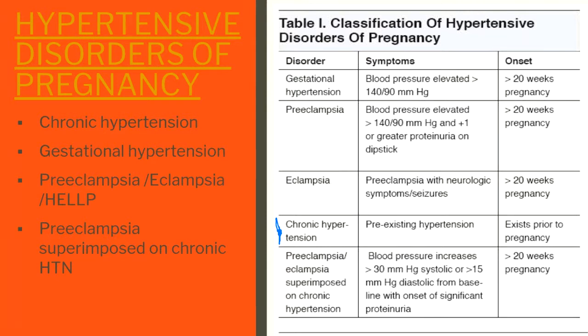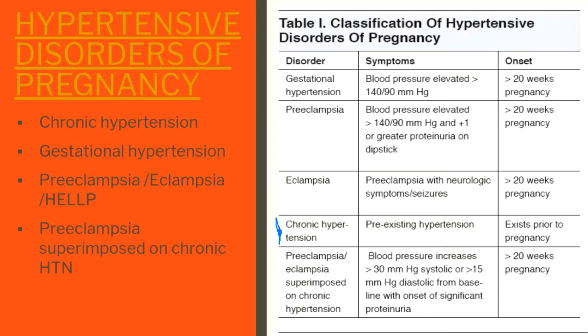Okay, and then preeclampsia, if it's not treated, if we just ignore it and she keeps having high blood pressure and there's end organ damage with protein in her urine and other organ systems being affected, we ignore that. It's going to lead to eclampsia, which is preeclampsia with neurological symptoms and or a seizure. Essentially, that woman's blood pressure is so high, she comes in with a blood pressure of 210 over 140, I've seen it, and she has a seizure, I've seen it. So that's eclampsia.